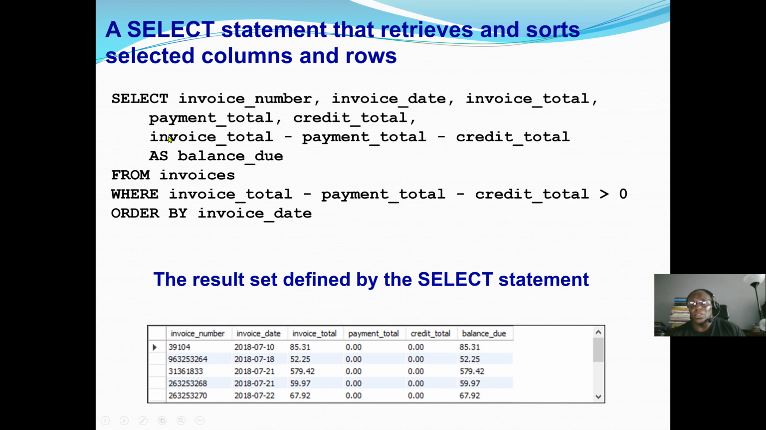So normally it is select the column names from what table. And also we have where. Where means if there's any condition. Here we have a condition. We want the balance due to be greater than 0, which means the customer owes some money, or in this case, the vendors or creditor, they owe some money. So our condition says where the invoice total minus payment total minus credit total, that's the balance due formula, is greater than 0. Now, when we get the answer, we want to order it by invoice date, which means we